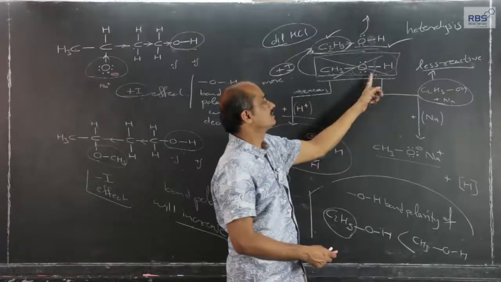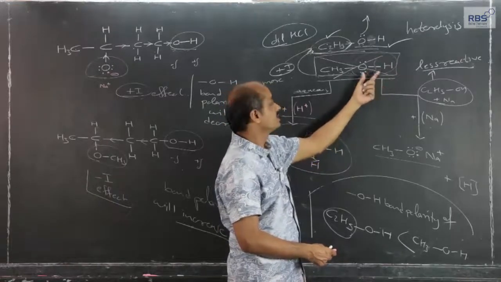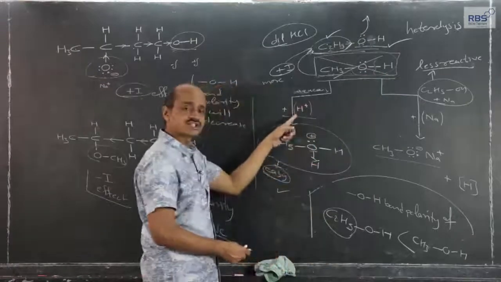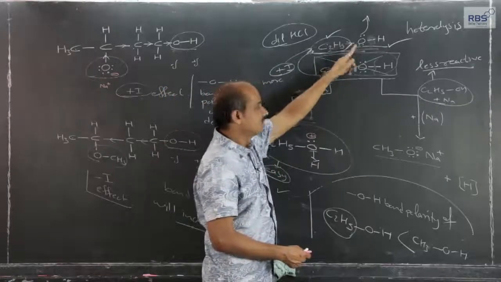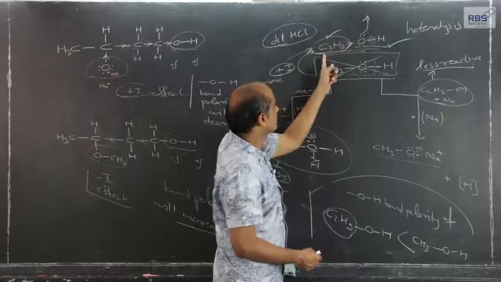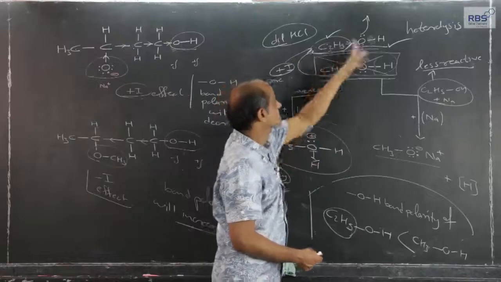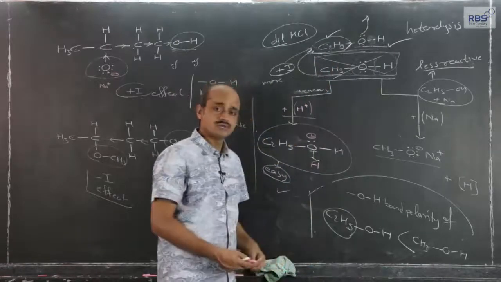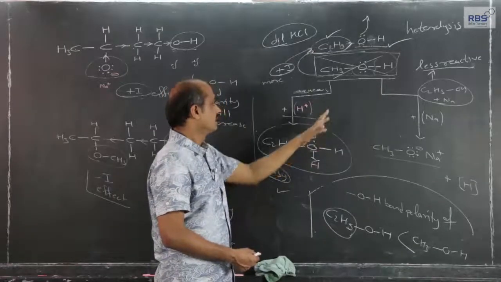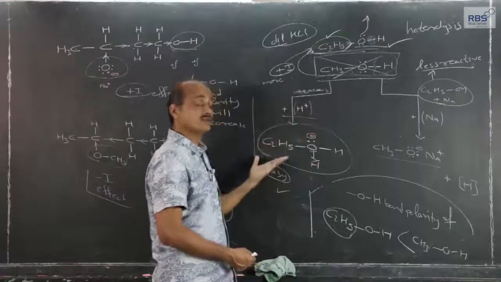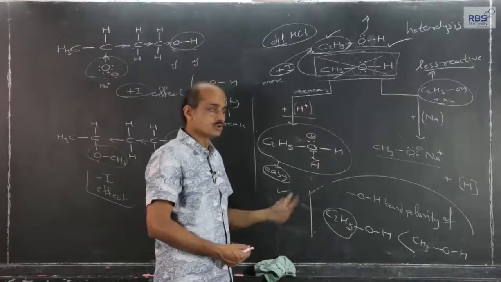Heterolytic breaking of the OH bond in methyl alcohol is easy because it is more polar, and for reaction with free H plus ion from acid, the availability of the lone pair is important. The availability of the lone pair of electrons on the oxygen of ethyl alcohol, of course, is more because of the more plus I effect. So, this is how the inductive effect explains the reactivity of alcohol with sodium and the reaction of alcohol with free H plus ion, and many such applications we are going to consider in the future also.